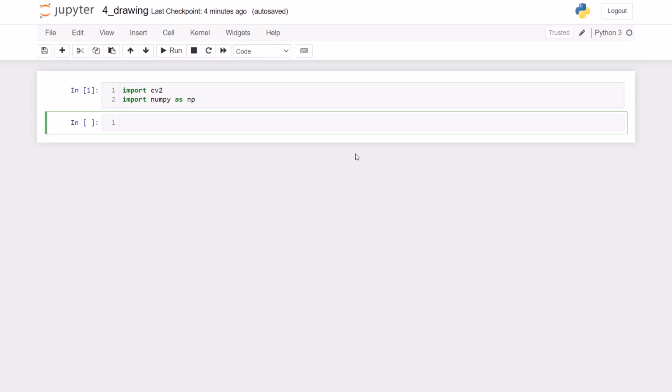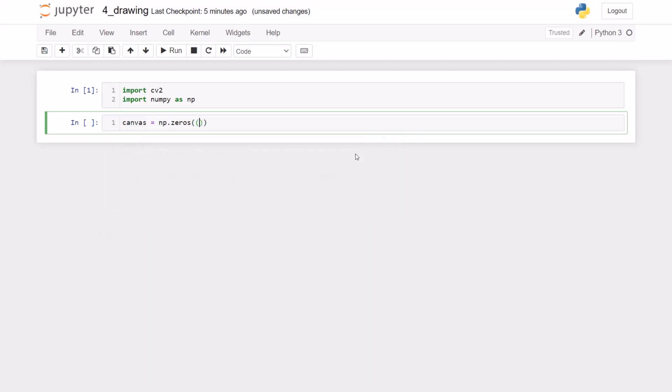Execute it. So now what I will do is create my own image and name it canvas. And here my canvas is in black color. In order to create a black pixel, I just want to fill my array with all the values as 0. As we know, any value closest to 0 is dark in color, basically black. For 0 it is black. So now let us define our canvas. Canvas equal to, using numpy, np.zeros,